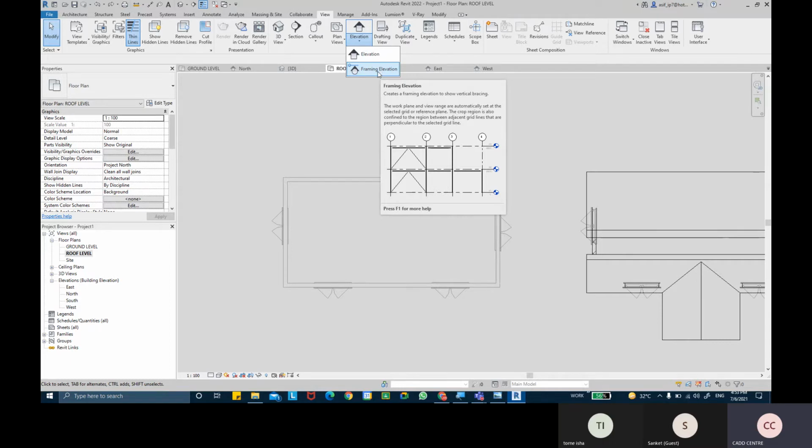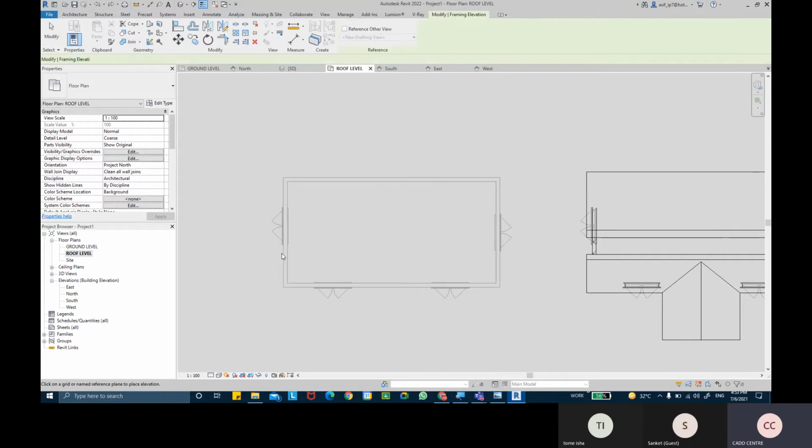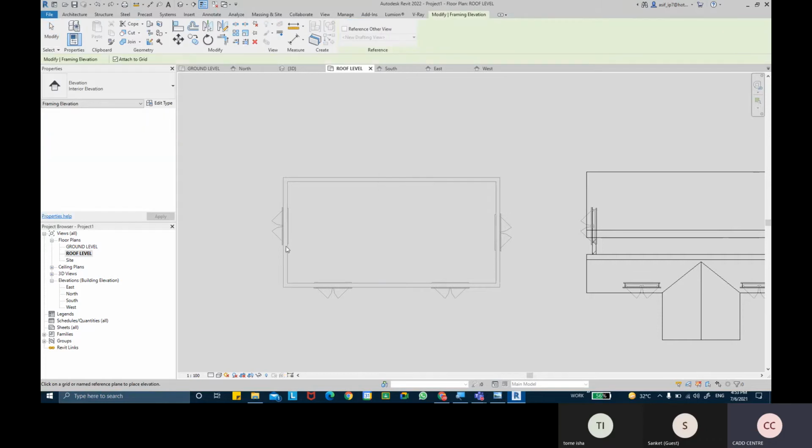I'm going to drop that framing elevation somewhere on this part of the wall, but I'm unable to drop it.